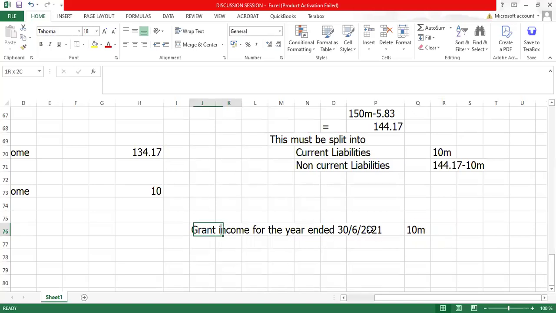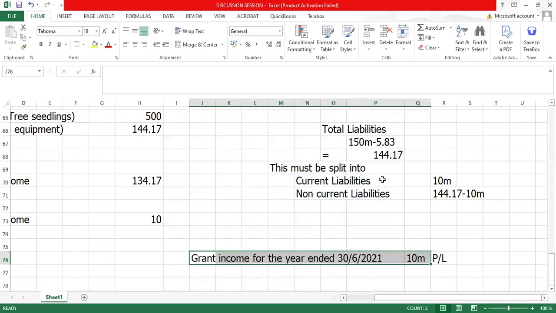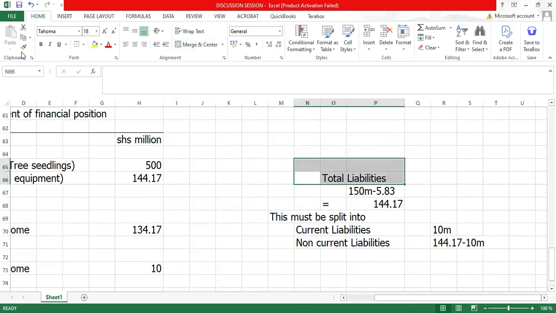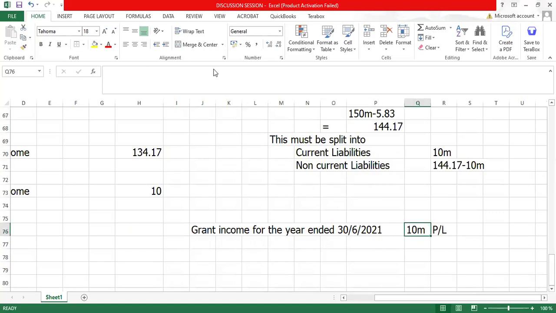This one must appear in the PL. So it means that the liability has reduced. The total liability, you keep on monitoring the total liability. It means that total liability has reduced by again 10 million. So in the balance sheet,